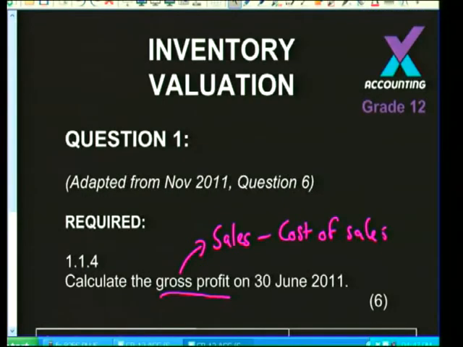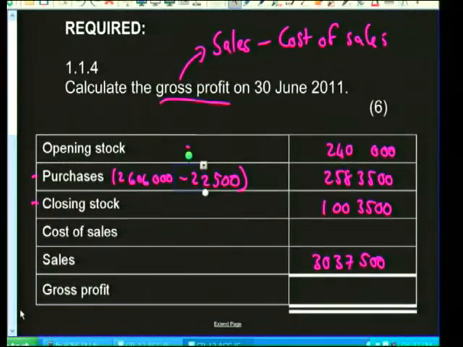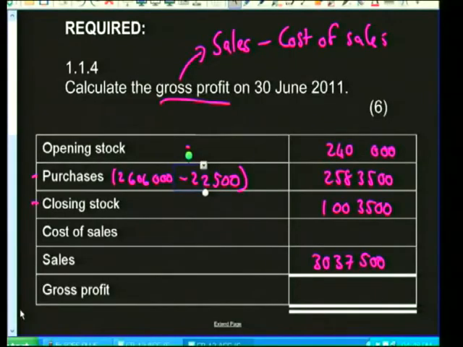1,003,500. Now, my learners often ask me, let's say that you've made a mistake in the previous question. You've calculated your closing stock incorrectly. Are you going to lose the marks in this question where it comes to calculating the gross profit? The good news is that if you've made a mistake in a previous question, the examiner is probably still going to give you the mark for just transferring the incorrect answer into the next calculation, because you should not be penalized for something that you got wrong in the previous question where the figure is used for the next question. So rest assured, you're most likely to get a method mark for just copying the number over from question 1.1.3